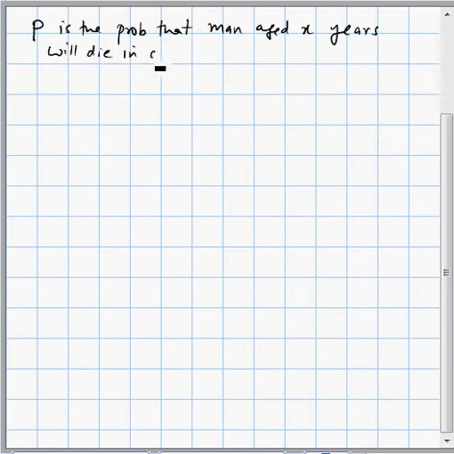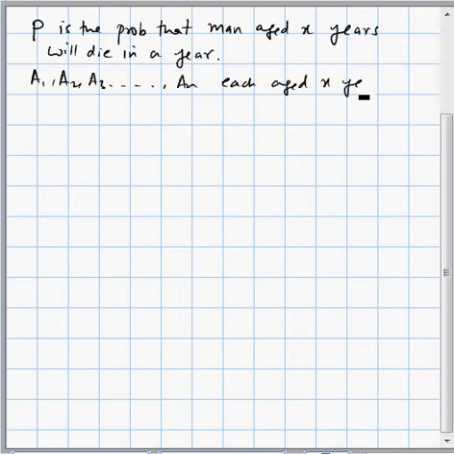Now in this probability question, it is given that say P is the probability that a man aged X years will die in a year, and there are n men A1, A2, A3, going on till An, each aged X years, right? Now we have to find the probability